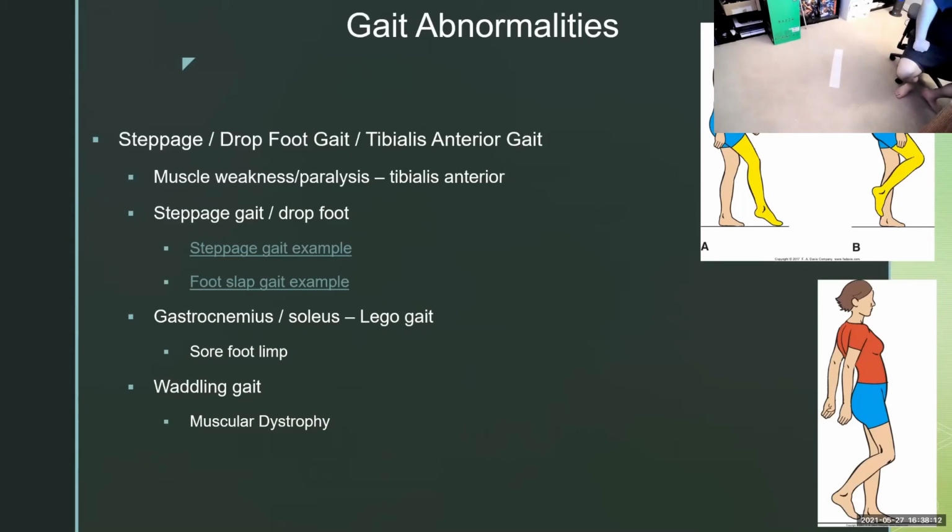Was that for the Lego gait? Yeah, Lego gait, yep. Would a splint do anything for that? A sleeping splint? Could, sure. What else could do it is addressing what's causing the pain. Like, what if my problem is I have a plantar ulcer or something like that? So that's why I'm not putting my foot down, because I've got an ulcer on the bottom of my foot. We could dress the ulcer and put a pad down there, and that would also address it. Do you see how that could work?